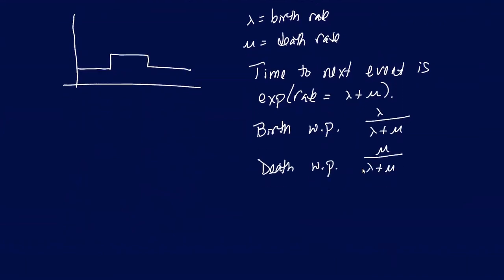The Q matrix here, if you're at some state i, you can go up, in this example, not this problem for the prelim, but in this example, you can go up to i plus 1, you can go down to i minus 1, or you can stay at i. You'll go up to i plus 1 with rate lambda. You'll go down to i minus 1 with rate mu. The other rates are going to be zeros. And then the diagonal entry, the ii entry, is going to be the negative of the sum of the rest of the rates in that row.